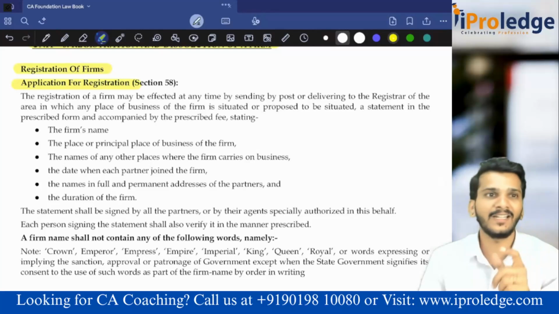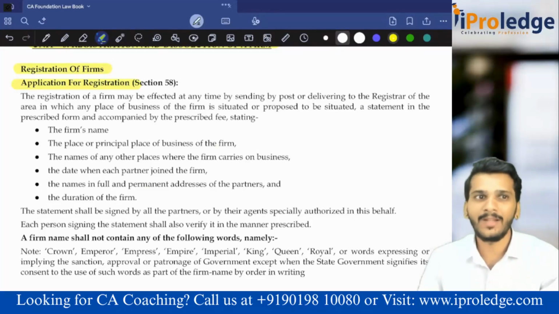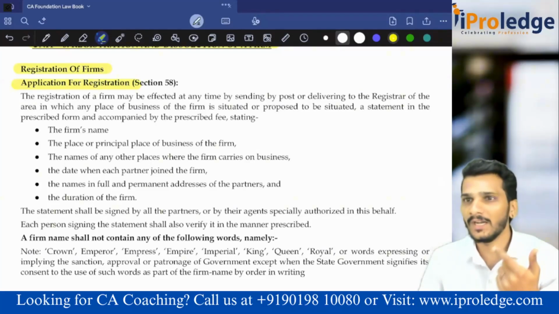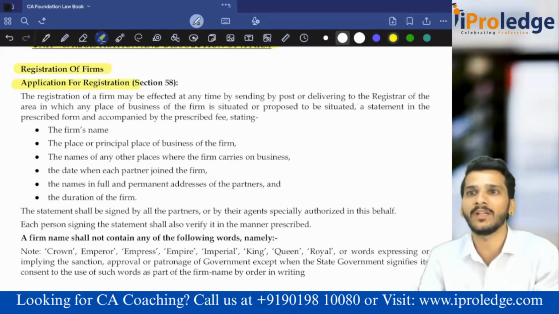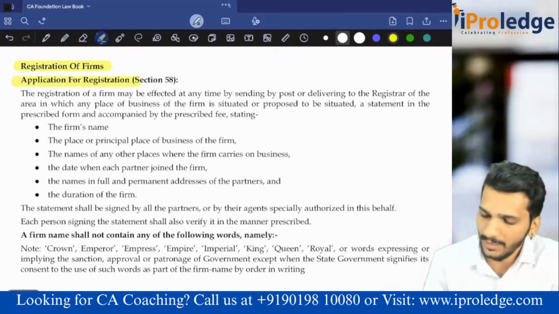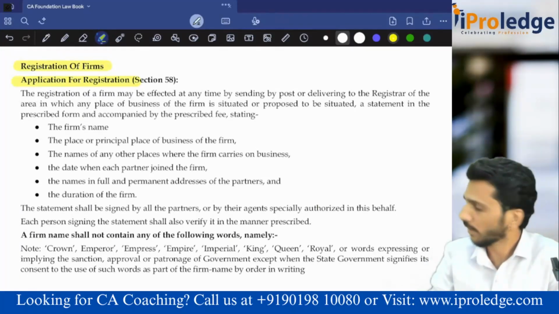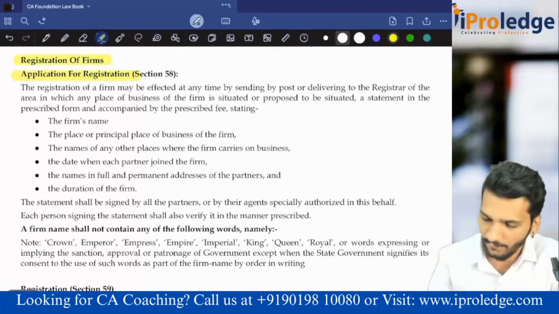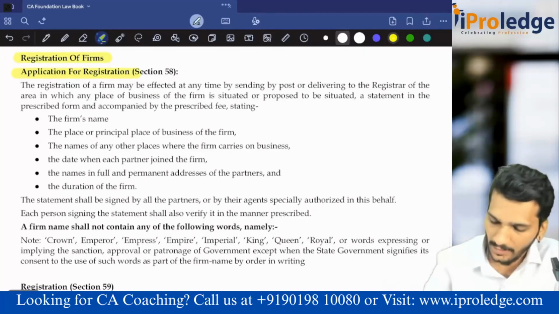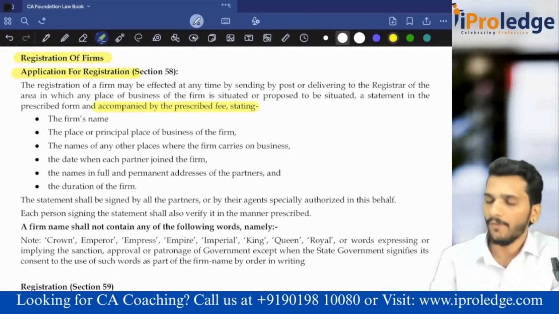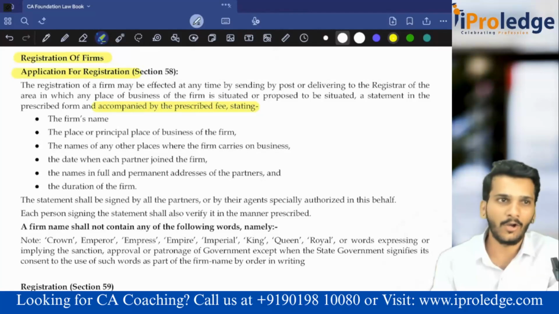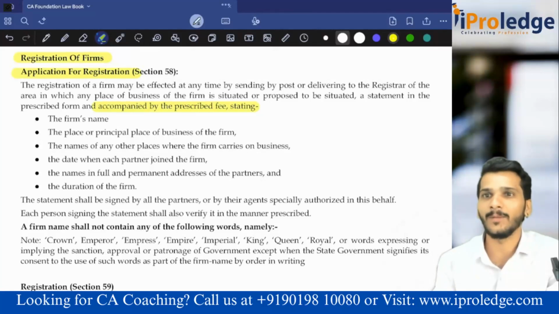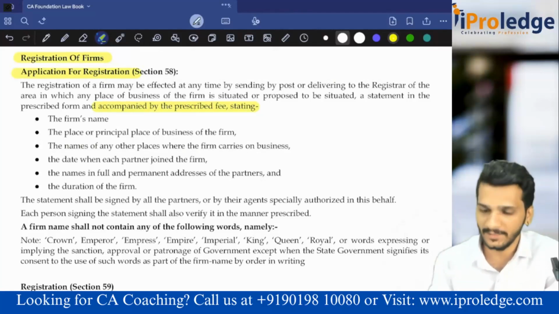It is mandatory to have a written partnership deed if you want to go for registration of the firm, because unless you decide what the liability, rights, name, contribution and profit sharing are, the Registrar of Firms will not register your firm. That is why you have to make an application for the registration of firms, accompanied by the following documents along with the prescribed fee. Without the fee, the government will not do anything. Whether you give the documents or not is not their concern; whether you pay the fees or not is what concerns them.